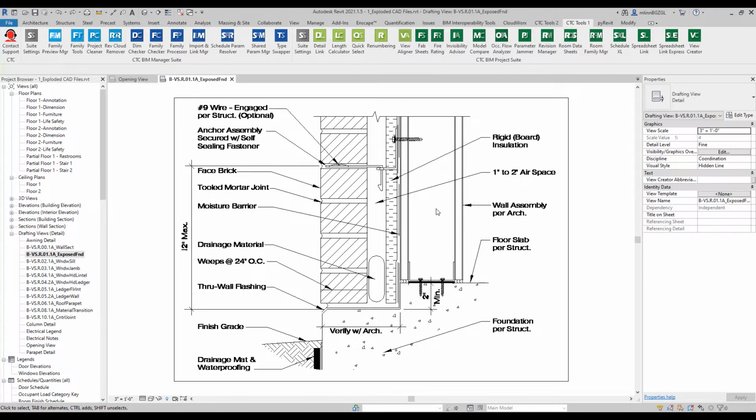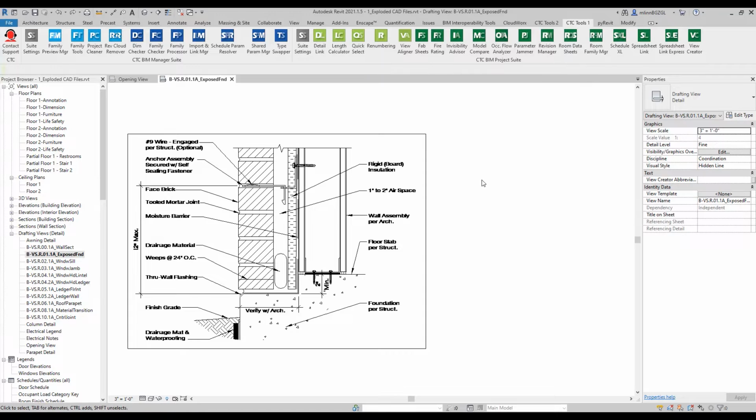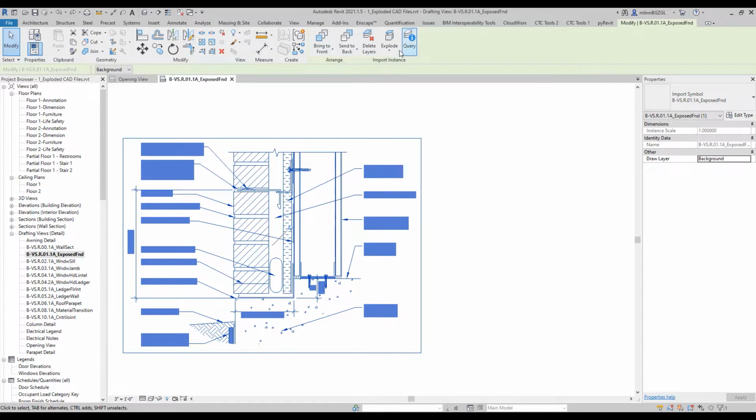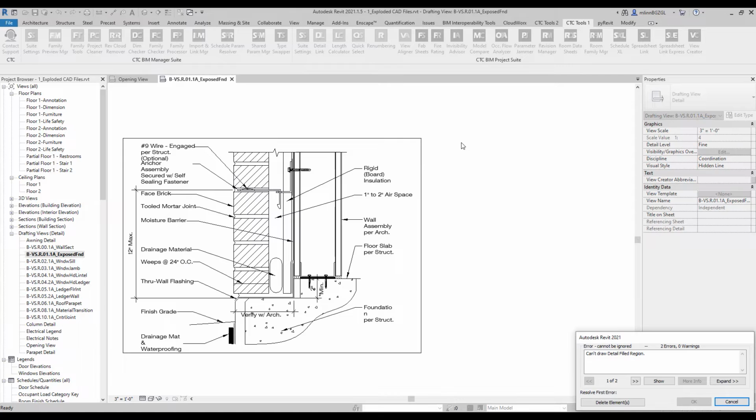I'm going to jump to a drafting view here of a foundation, which is an imported CAD file, and up here is the dreaded button which allows you to explode it. Now, as you know, you should not explode, but every now and then it does happen, especially from inexperienced users. So if I were to hit that full explode button,